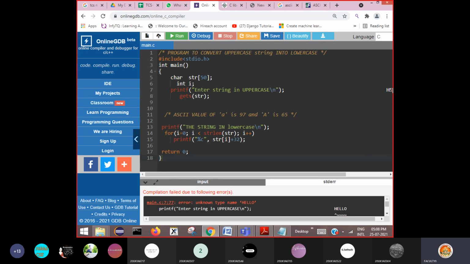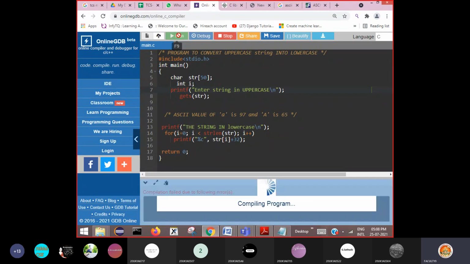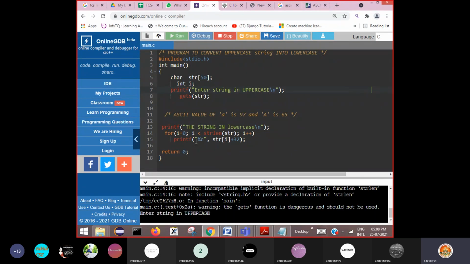Unnecessary characters are entered, and these are available, that's why it is giving an error. The gets function is giving some warning, don't worry.